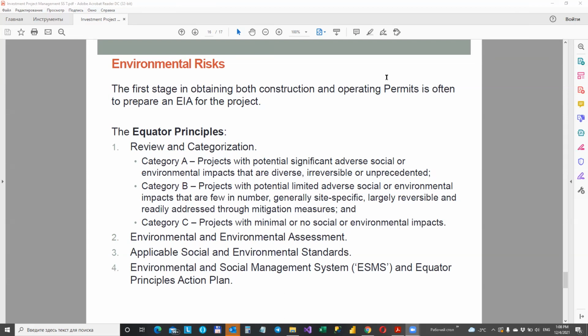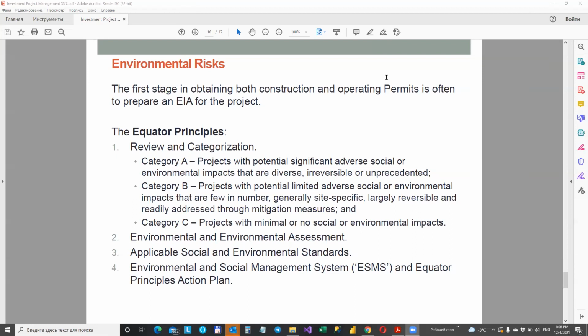So we have 10 principles within the Equator Principles. Principle 1, review and categorization. New project proposals will be categorized based on the International Finance Corporation environmental and social screening criteria. These categories are: Category A, projects with potential significant adverse social and environmental impacts that are diverse,